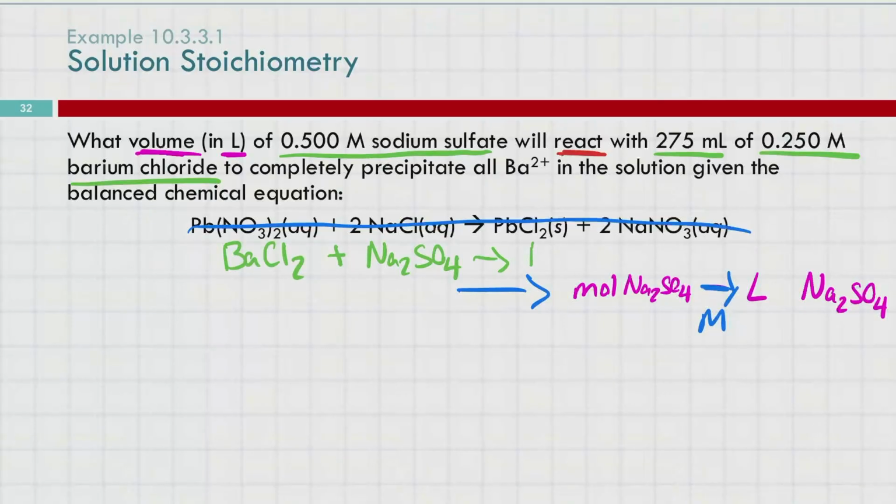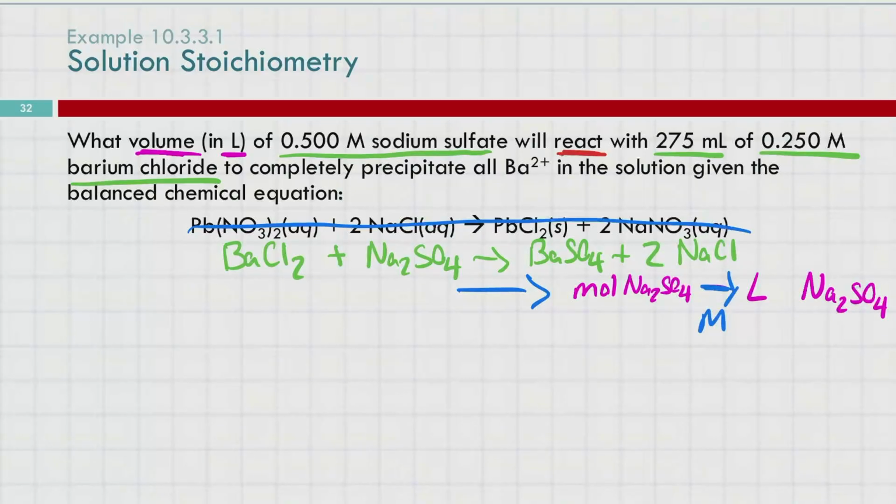Those are going to make barium sulfate and 2 sodium chloride. Okay, now it's done. It's balanced. I think that's balanced. Yeah, we're chilling. Okay, now that we have our actual balanced equation,